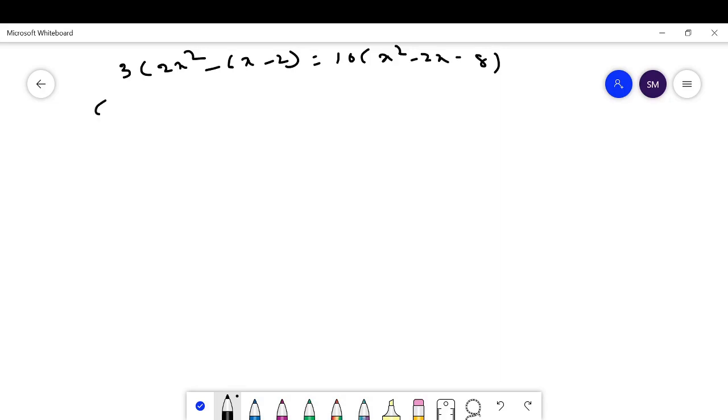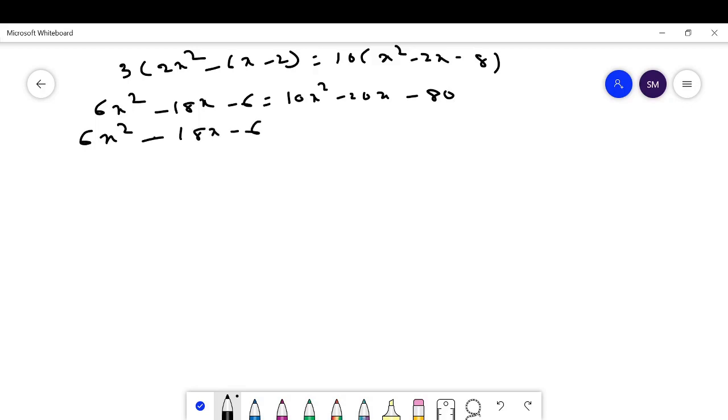Then open the bracket, you get 6x square minus 18x minus 6 is equal to 10x square minus 20x minus 80. Then bring the RHS to LHS. Then this is minus 10x square plus 20x plus 80